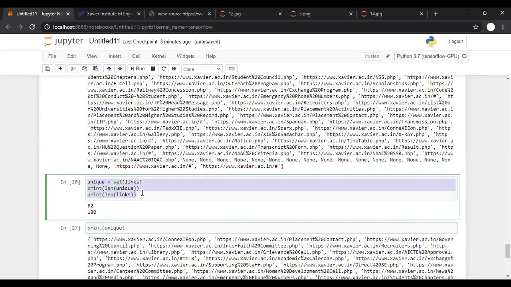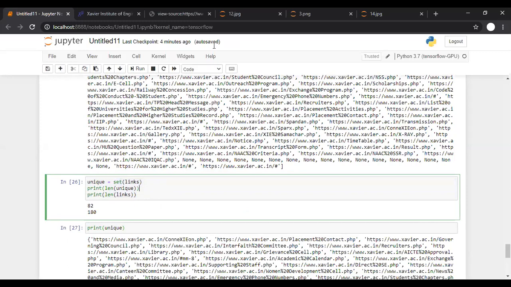Why should we do this step? If you want to download all the images from a website, should you download images from one page twice or thrice or many times? No, you should not do it. If you have downloaded it once, it is okay. You should not visit that page one more time. We can do that using this set method.